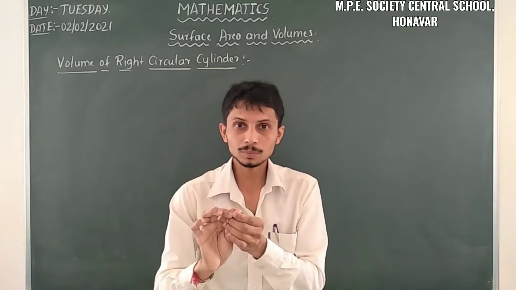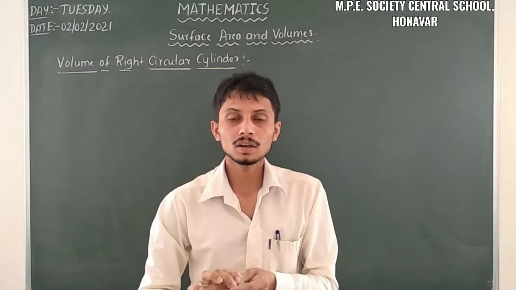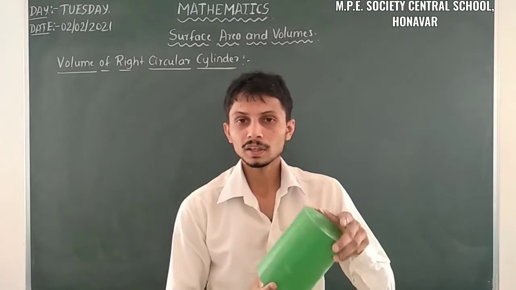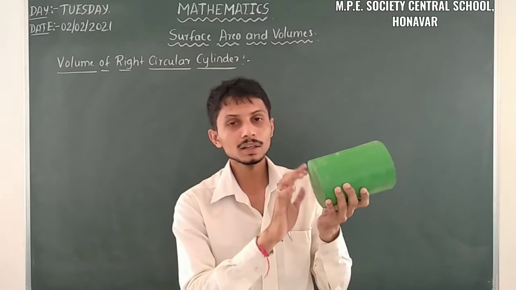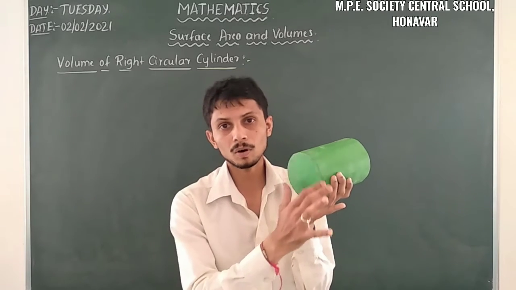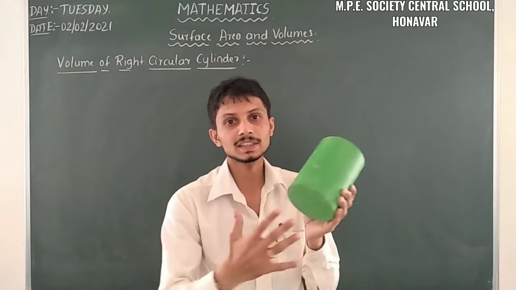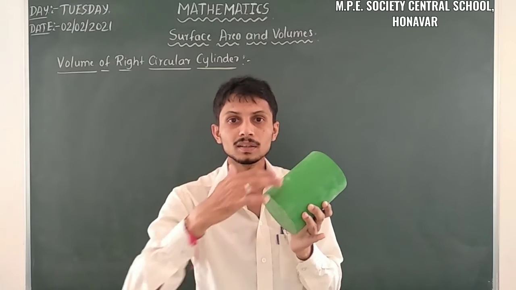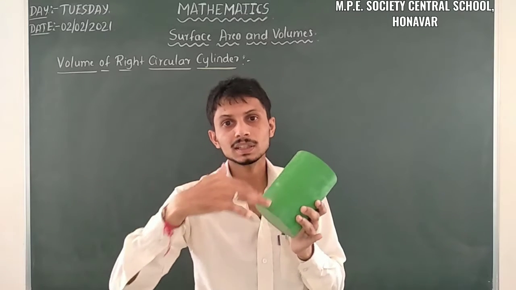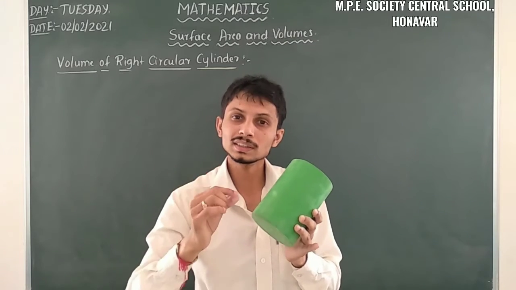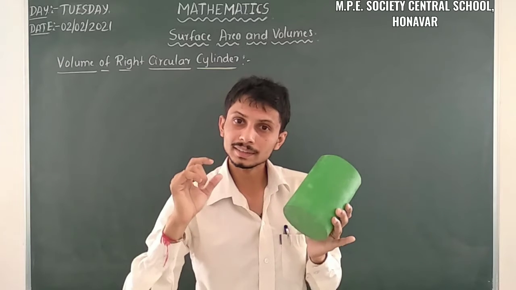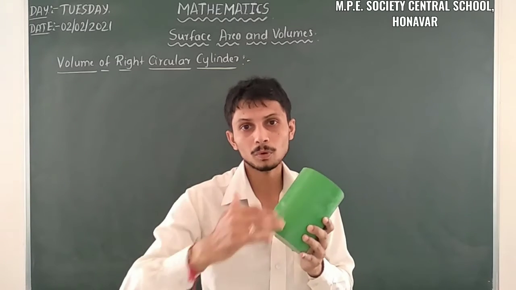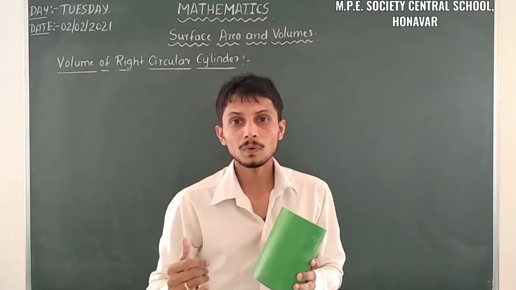Just observe, this is the arrangement of coins. When we have the cylindrical shape, just observe what we have to do here. We can see the outer part only, that is the curved surface area, and the bottom part. And already we know that we can arrange coins one above the other, and then the cylinder is constructed. Each coin we can take as a circle, neglecting the thickness, and we take the area of the circle number of coins times, and then we can find the volume of the cylinder.